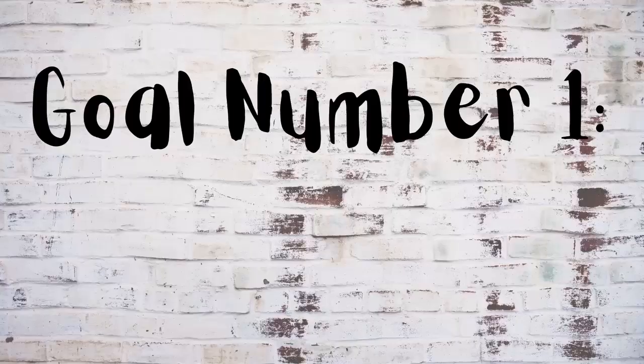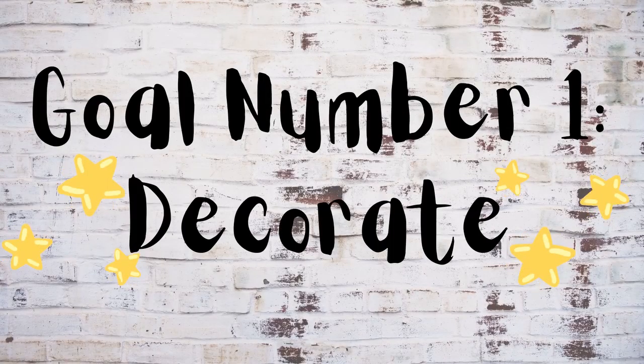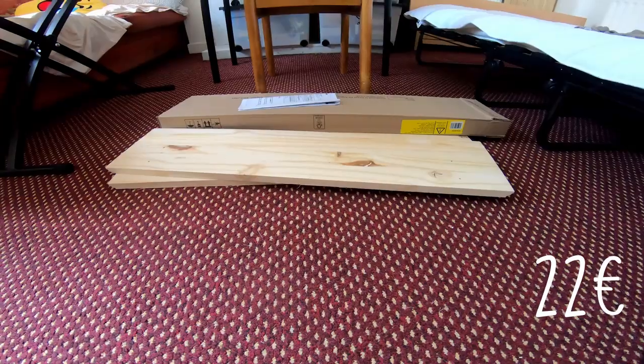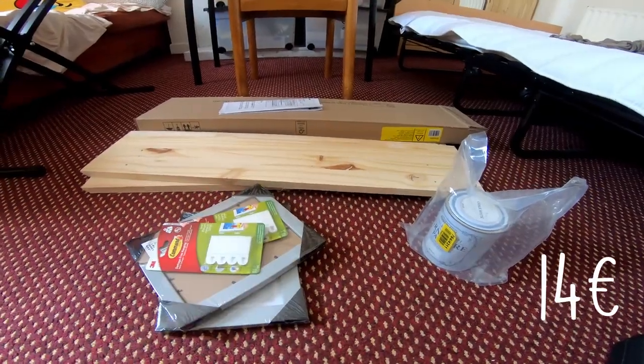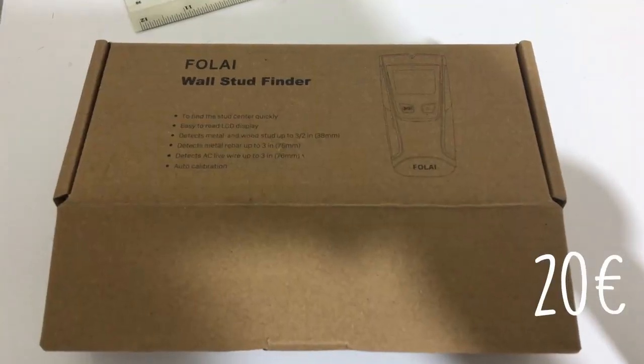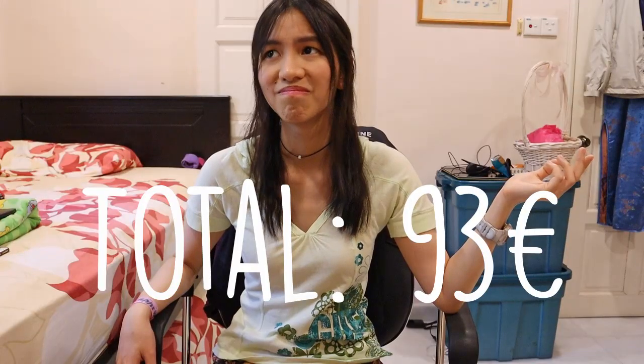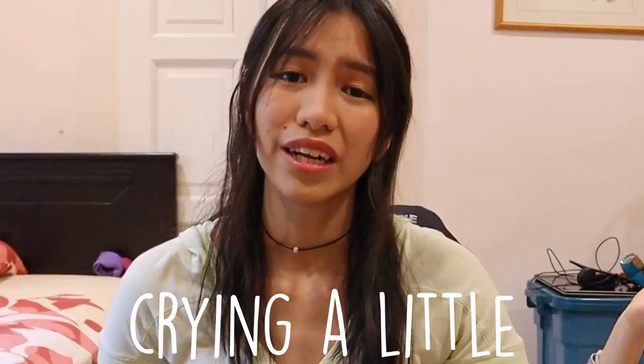The goal was simple. Number 1, decorate my university room in the easiest way possible because I'm not gifted in any form of arts and craft, and there's a reason I chose medical school in the first place. Goal number 2, not spend like 100 euros. Good enough. Goal number 3, spend 2 months doing this project because you're the queen of procrastination and only had